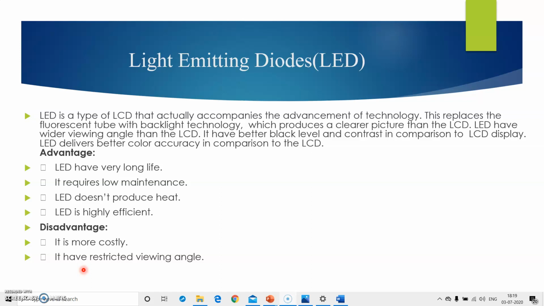Some advantages of LED are: LEDs have a very long life. It requires low maintenance. LED doesn't produce heat. LED is highly effective. There are some disadvantages of LED. It is costly. It has a restricted viewing angle.